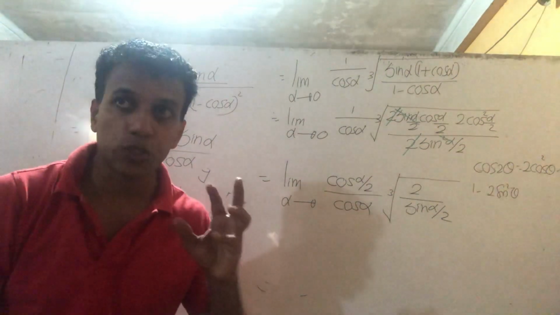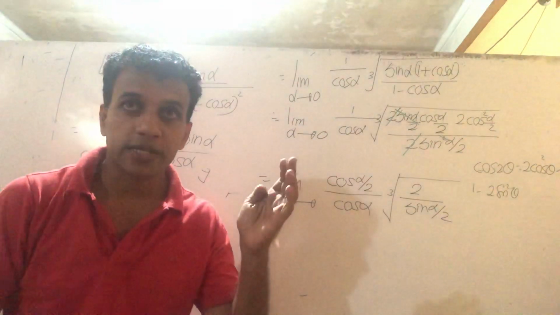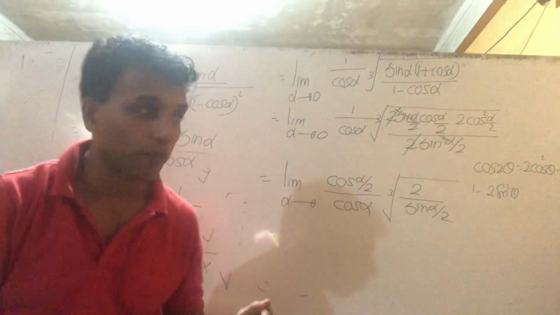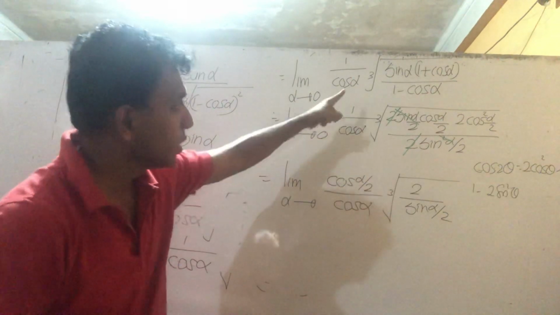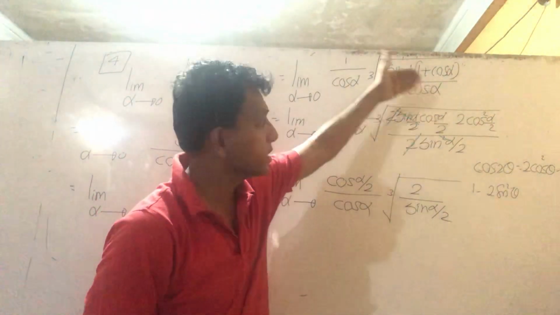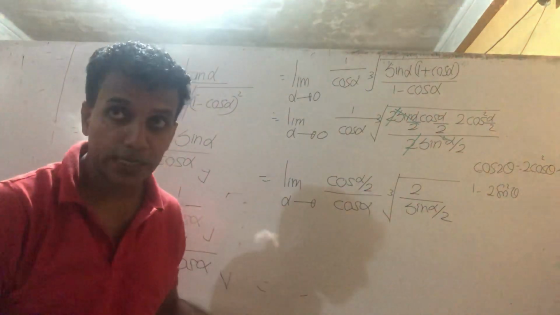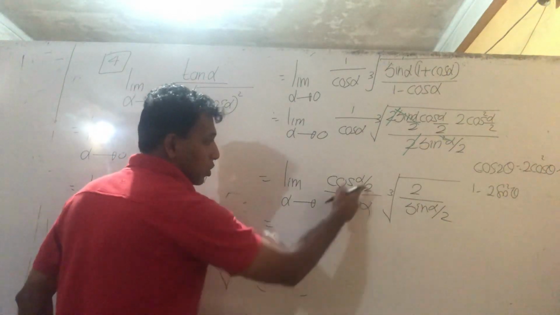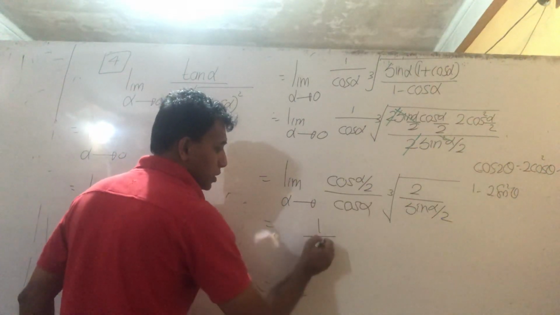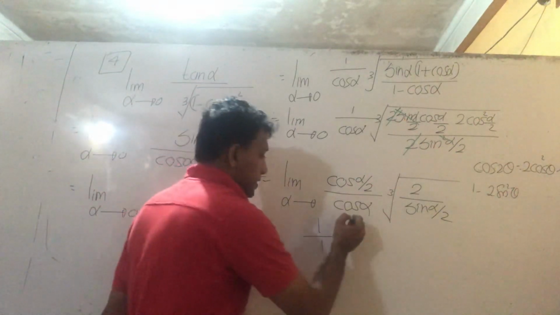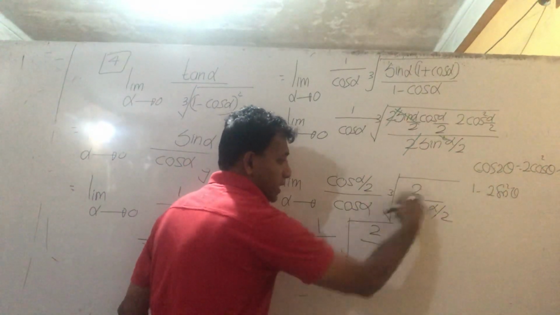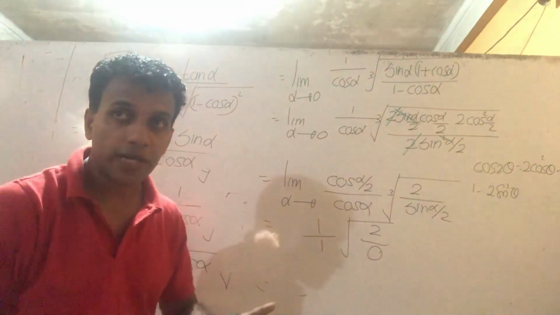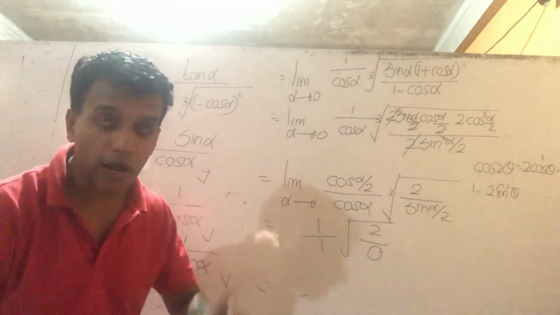So if you straightly substitute alpha as 0, what comes is 0 over 0, one of the meaningless patterns, an indeterminate form, right? Therefore step by step we go to find it. Put alpha as 0, cos 0 is 1, and inside the root what happens? 2 over sine 0, there's a value in the numerator, but the denominator is 0, a number divided by 0,